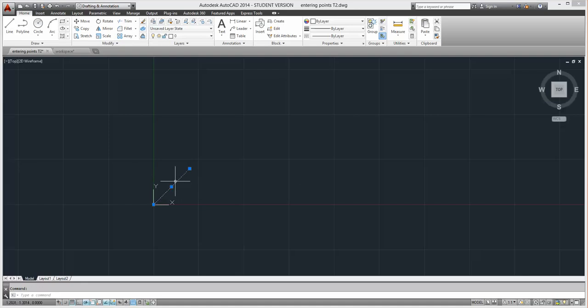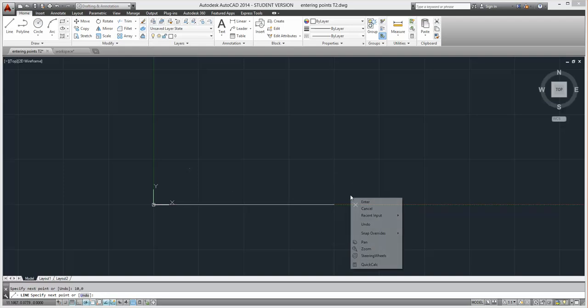Next, to show you again, I'm going to hit the line command. I'm going to start at the origin at 0, comma 0, enter, and I'm going to draw my border. Whenever we're doing drawings, we always want to have a border. Our border is going to represent an actual plain piece of paper, because when we print it out, we want a border around that piece of paper. It's going to be 10 inches, comma, 0. The 10 is referring to the x-axis, and the 0 is referring to the y-axis. So I want this to go 10 inches over